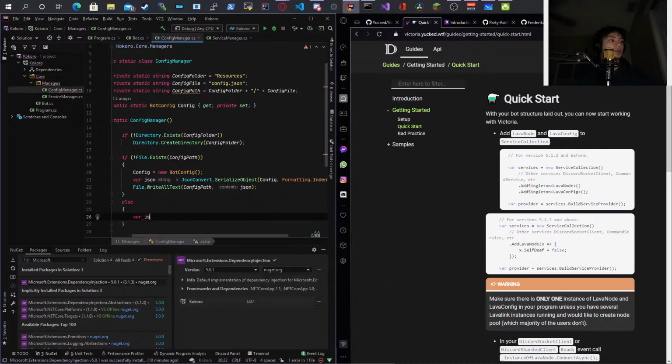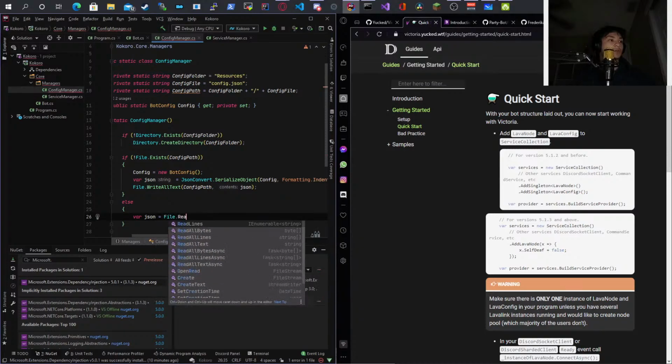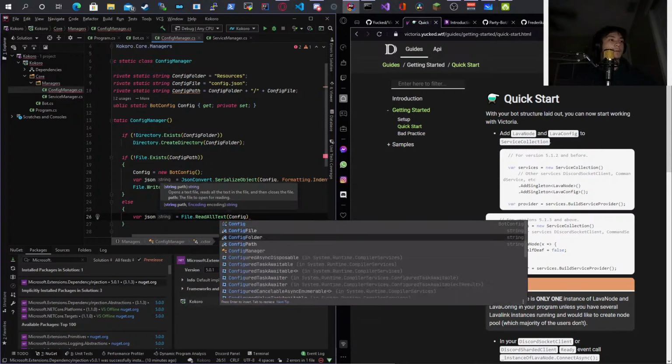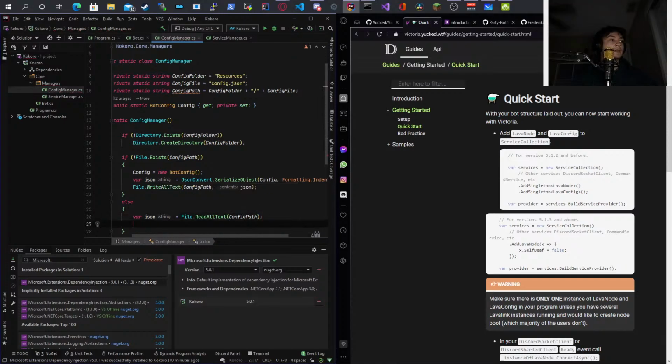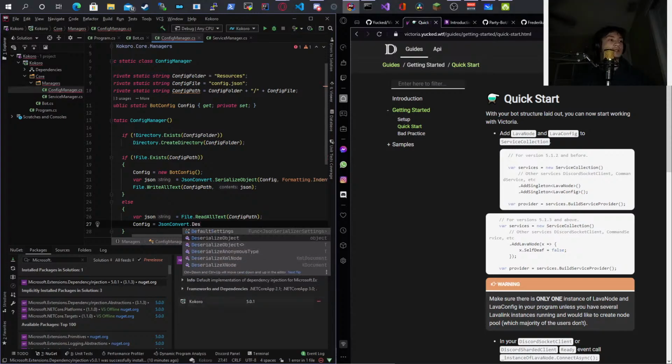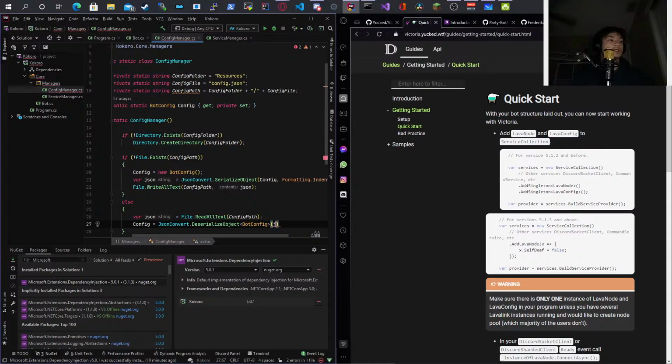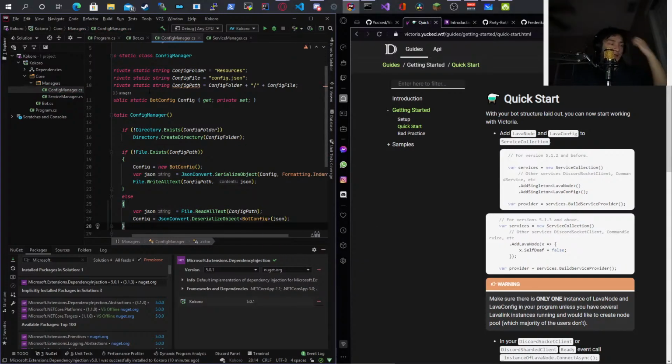So it's going to be var json equals File.ReadAllText, config path. Then I can use config equals JsonConvert.DeserializeObject. The type is going to be BotConfig, and it's going to be json. So now I have that. That's going to create the file.